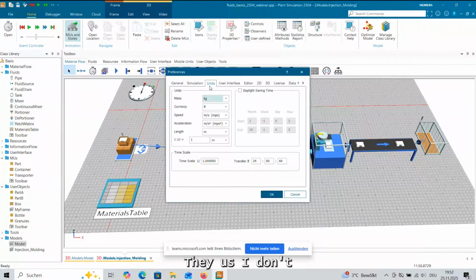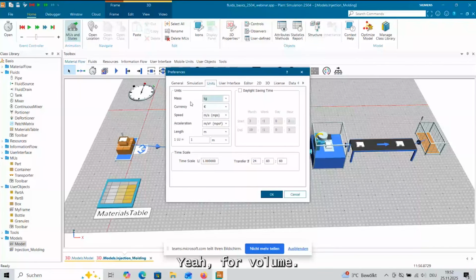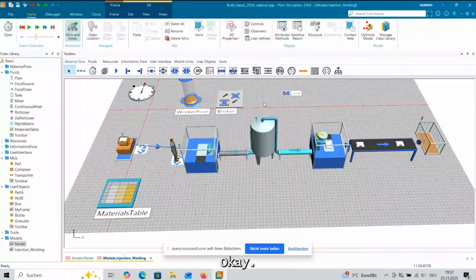It's only the units of the data types: mass, currency, speed, acceleration, and length. We don't have a special data type for volume. So until now, there's no way to change the liter. Okay.